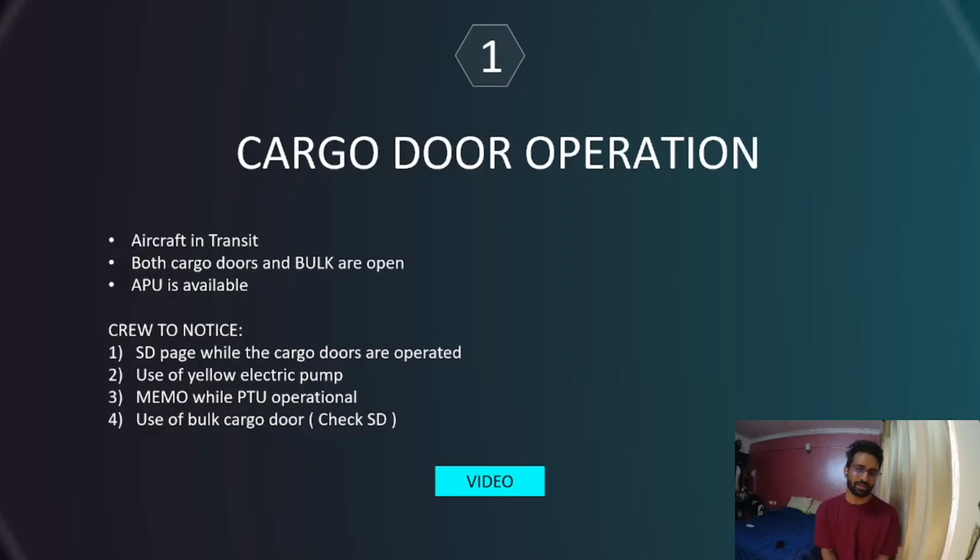The APU is available, which indicates that okay, you have AC power available for you. So what are you supposed to know? As a crew, you're supposed to notice in this video the ST page while the cargo doors are operated. Okay, you need to see what is happening on the ST page when the ground staff opens the cargo